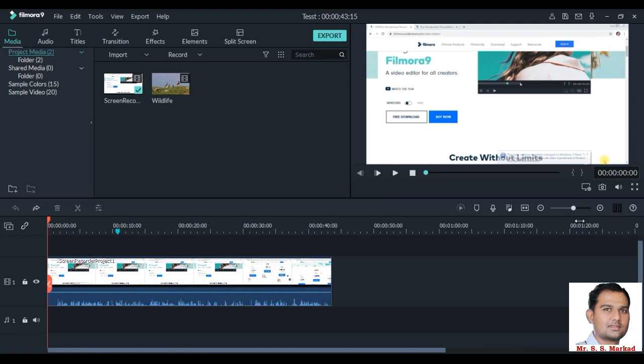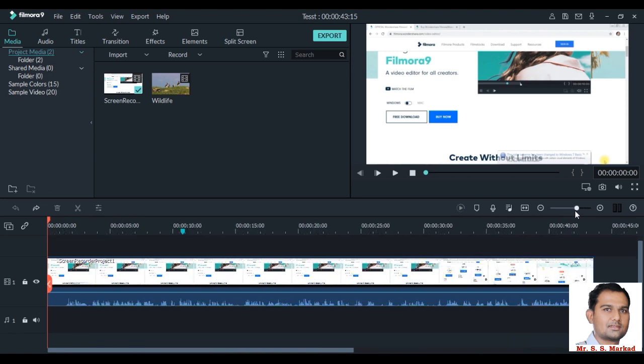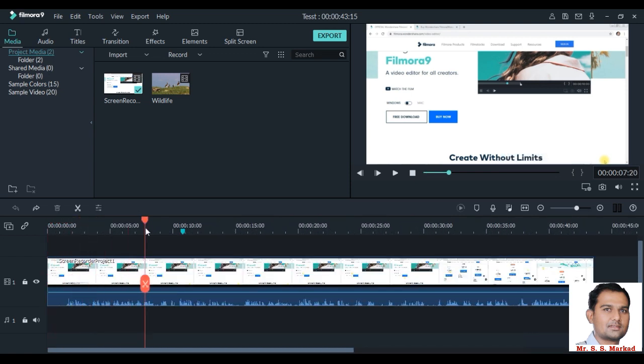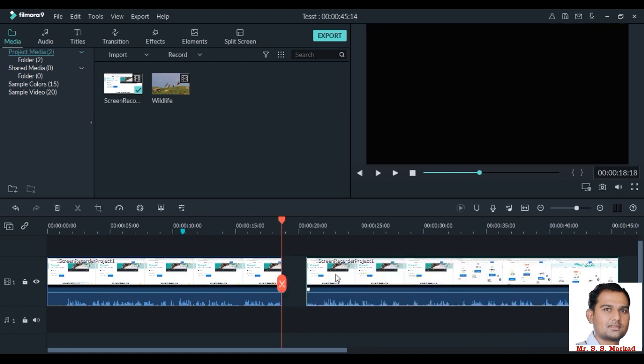Now, zoom in and zoom out can also be done from here by dragging this key to the right, and zoom out can be done by dragging this key to the left side. This vertical drag line is very important during video editing in the timeline. This enables users to split media files from a particular location. This drag line can be placed on a particular location, and by simply clicking this icon, the media file will be split.